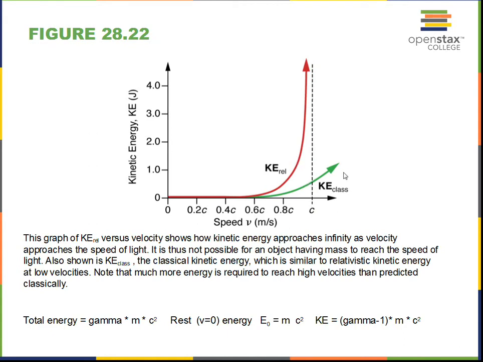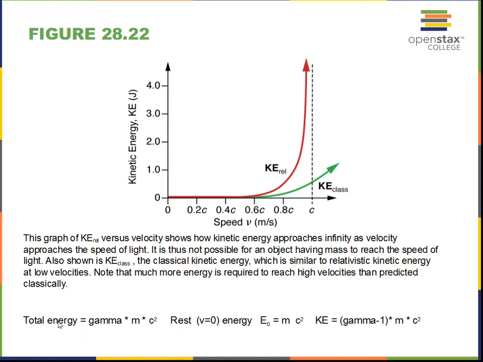In classical physics, we can put any number we want in for the speed, and we get this parabolic 1/2 mv squared, the green line. But the relativistic, the correct calculation, is not parabolic. It's much steeper. Near the speed of light, the energy goes way up. So a little bit on the energy down here.